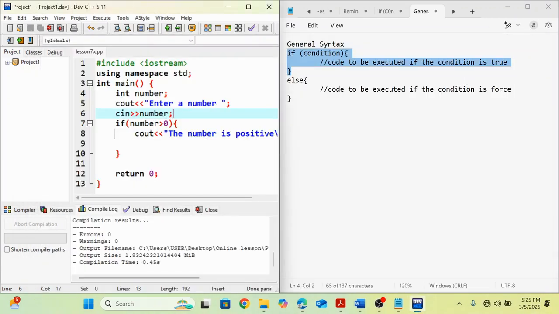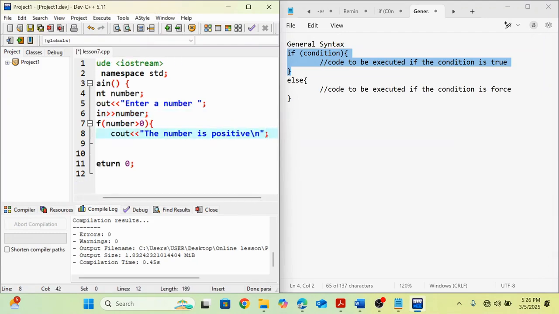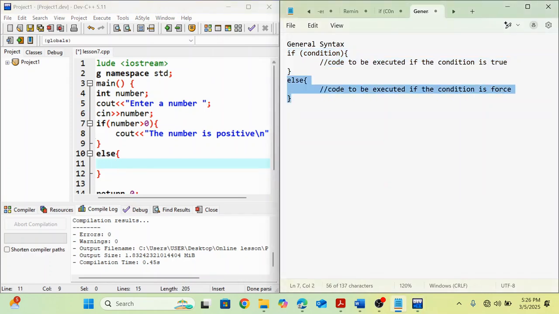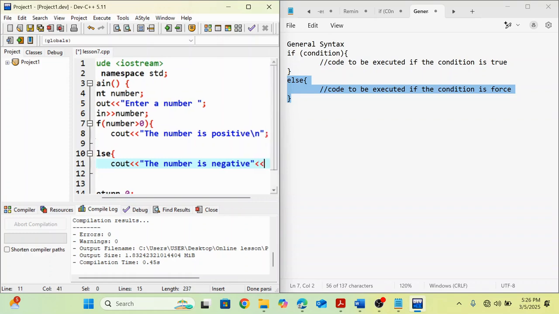This is where now you need to apply a two-way if statement. How do you do that? You are going to write here else and open the curly brace. This is the else part that I'm talking about here. So else will print out the number is negative. The number is negative. Okay, and there I can say end L,